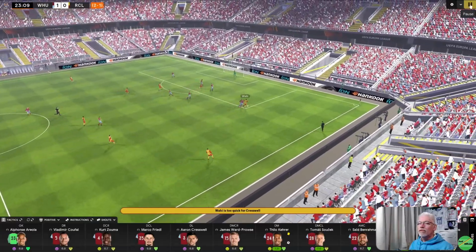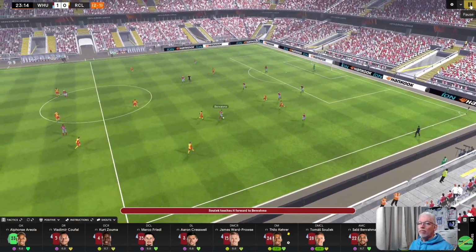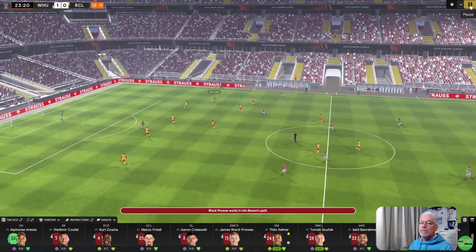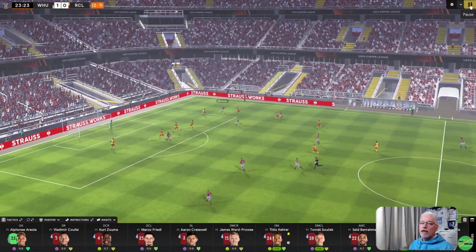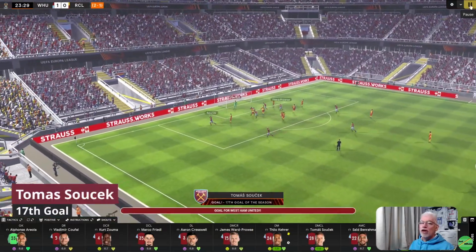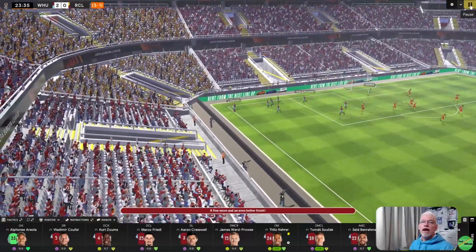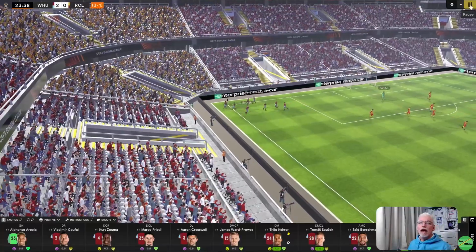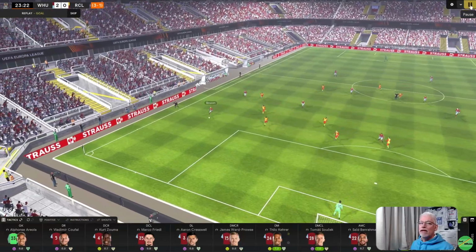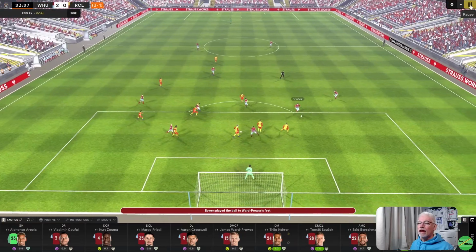And Lens with a highlight. He was picked off by Souček. He sort of hopped. I'm not sure what happened there, but got away with it. And Ward-Prowse. Ward-Prowse has Bowen out there. Bowen playing on the right of those two today. Ward-Prowse. Souček into the area. Souček puts it away. 17th goal of the season. And with 24 minutes on the clock, we are 3-1 in front in this tie. And it was expected that we would come back here and take it by the scruff of the neck. But, yeah,